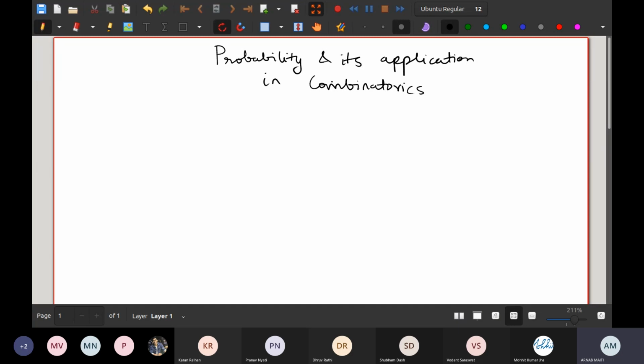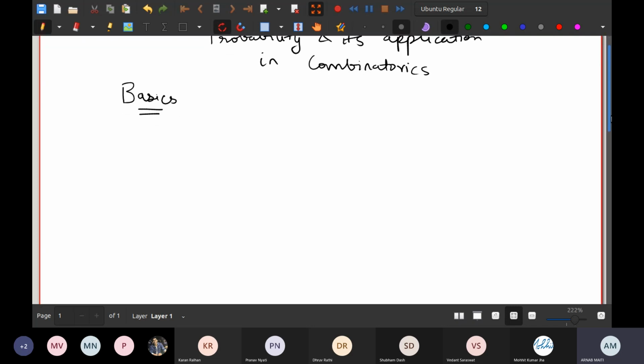So we used to use some kind of combinatorics to solve our probability problems, but today we'll be looking at the opposite direction. Towards that, I want to first establish some basics, which I hope you will anyway learn this semester, as most of you will have a probability course. It's quite simple. Some of you might know it, so they can just bear with me for the next 10-15 minutes, and then I'll jump to one example.